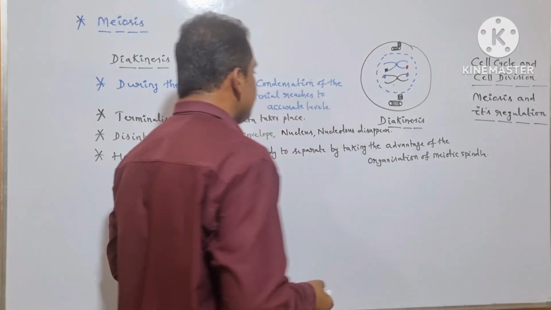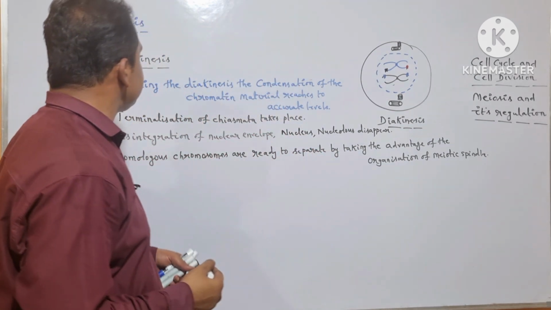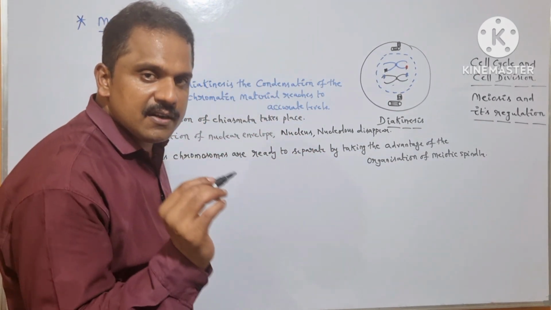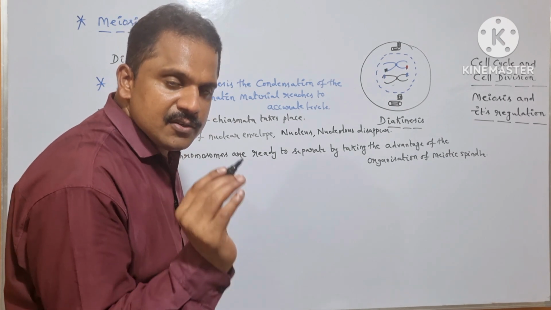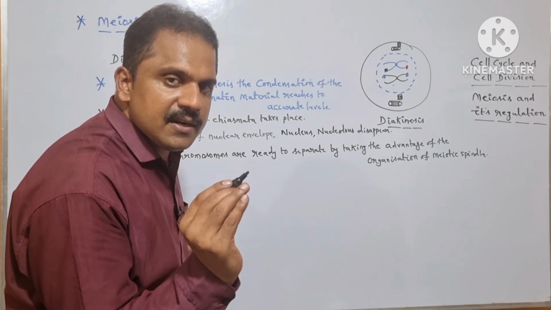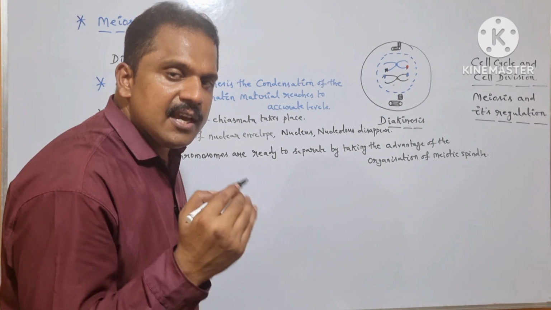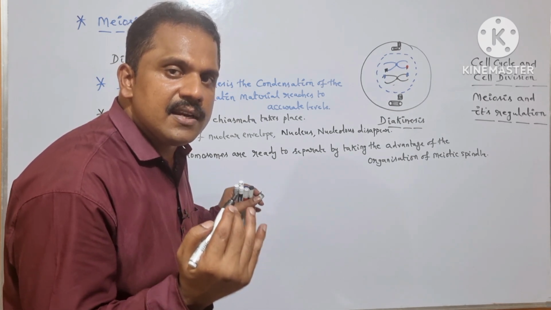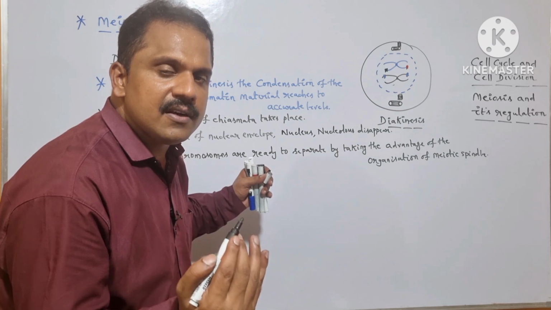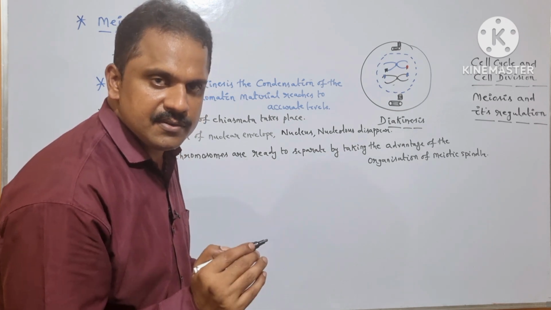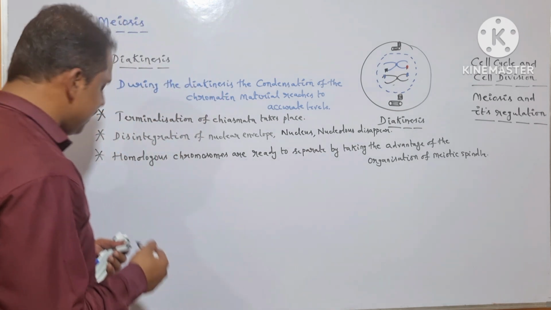Is it clear? So here this is regarding diakinesis, which is a part of the prophase 1 of the Meiosis-1. And then after we will be studying regarding metaphase 1. So here, after the successful commencement of diakinesis, the prophase 1 of the Meiosis-1 is successfully completed. So within no time, the metaphase 1 of the Meiosis-1 comes into the picture. Is it clear? So let me arrange the things here.